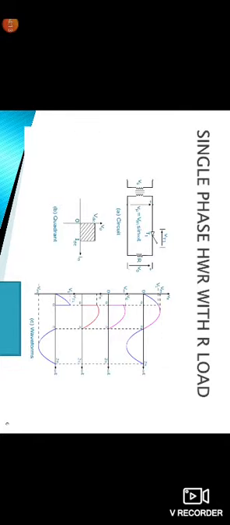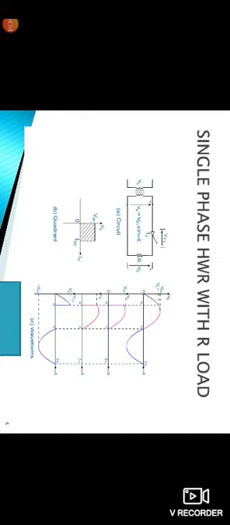In the single phase half wave rectifier with R load, as shown in the figure, T1 is the thyristor, and the voltage across the thyristor is VT1. The applied voltage is a sine wave, alternating current. Vs is the input signal, applied to the transformer. The peak voltage is Vp equal to Vm sin omega t, and the output V0 is taken across the resistor. The operation is in the first quadrant, IDC versus VDC. That is the circuit and quadrant, and we will go to the waveform.